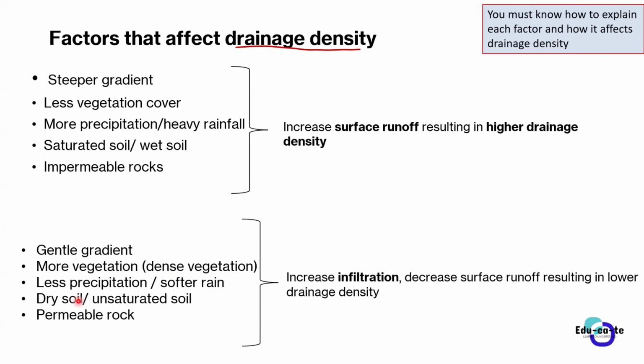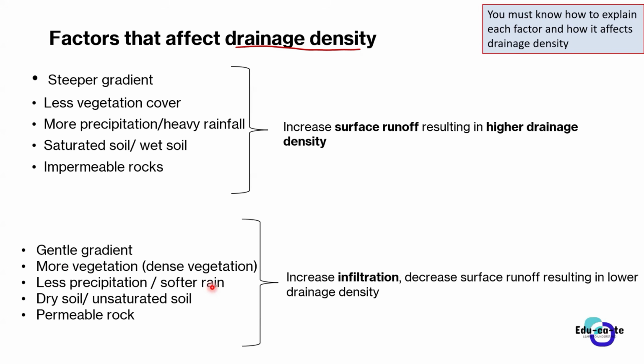If we've got dry soil or unsaturated soil: dry soil is dry. It doesn't have moisture in it. It has got low moisture content. We use such words, guys, to convince the examiner that you know this. Remember, guys, here you want to convince the examiner that you understand geography. Use such terms. The soil is dry. The soil is unsaturated. The soil has got low moisture content. Do you hear how that feels? It feels nice hearing this. It feels nice marking this as a marker, saying that the soil has got low moisture content. The soil is dry or the soil is unsaturated.